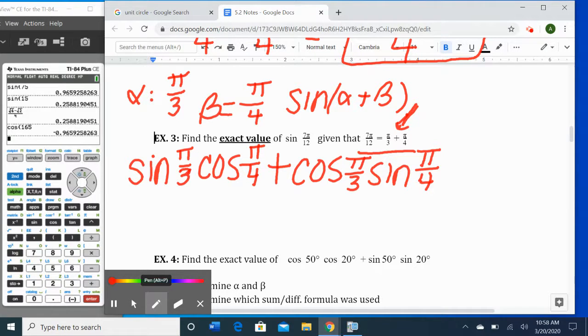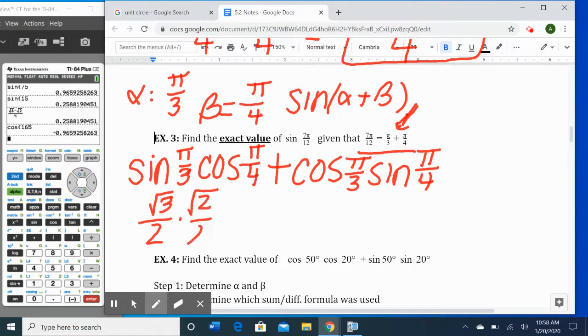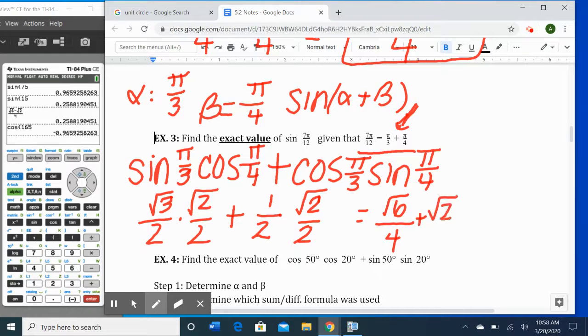So the sine of pi over 3, the y value is a positive root 3 over 2. And the cosine of pi over 4 is root 2 over 2. Plus, the cosine of pi over 3 is 1/2. And the sine of pi over 4 is root 2 over 2. So then I get root 6 over 4 plus root 2 over 4, which is root 6 plus root 2 all over